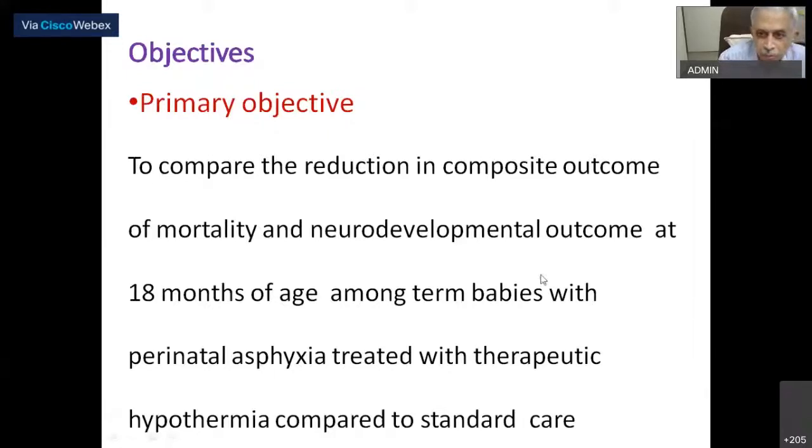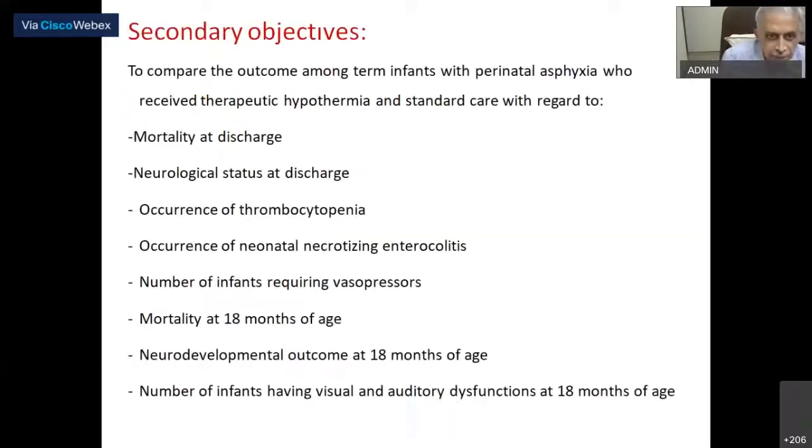So when you want to calculate the sample size, you have a previous study, then you can look at that, or you can presume. You say there will be 10% improvement in the babies who are cooled compared to non-cooled. And based on that also you can calculate the sample size. The only thing is you may find sometimes if you presume, the sample size is not sufficient to conclude at the end.